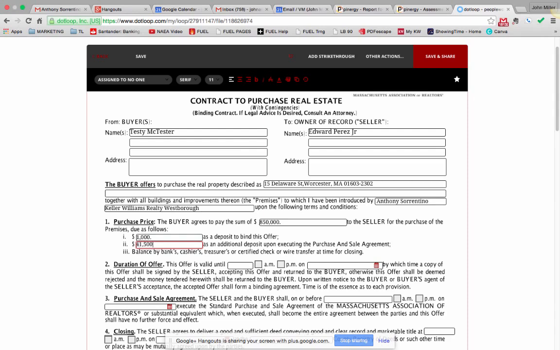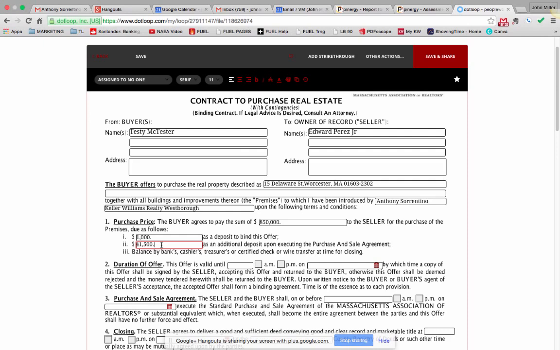So why did you use 5%? It's just a number that we've used in the past, and you could use any number you want. I've seen offers where this additional deposit is another $1,000. I've seen it where it's $200 here and $500 here. Again, it doesn't make a very strong offer at all, but if you want to get your offer accepted,